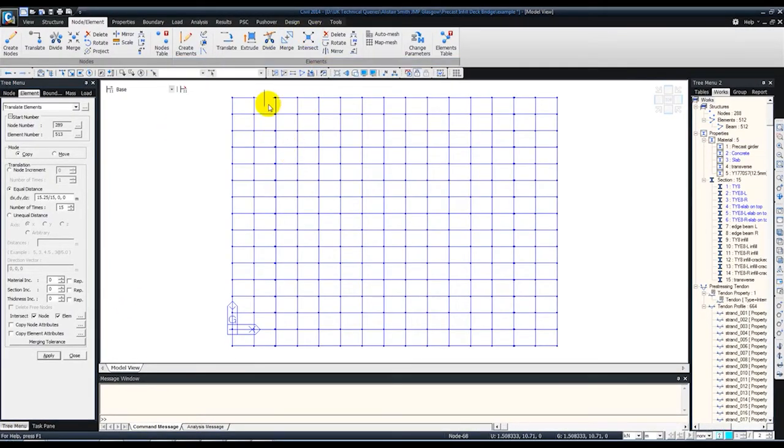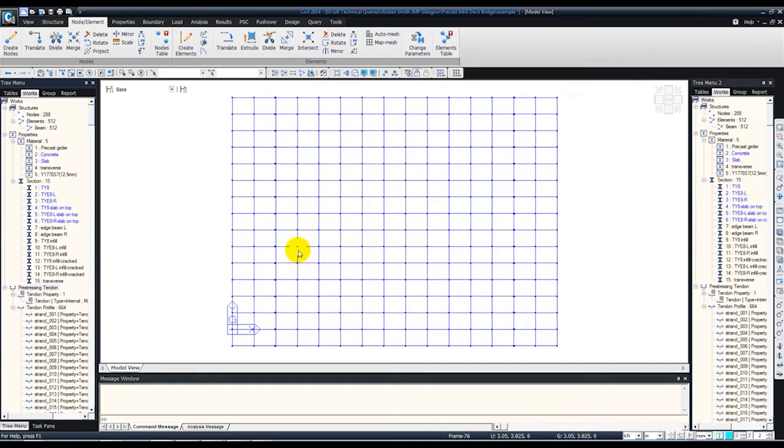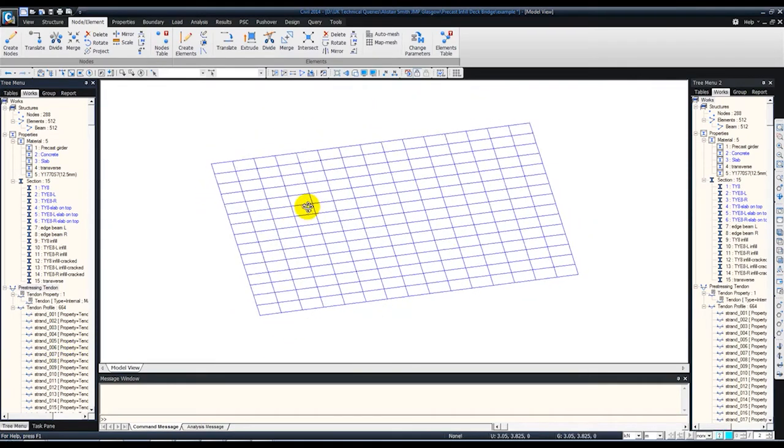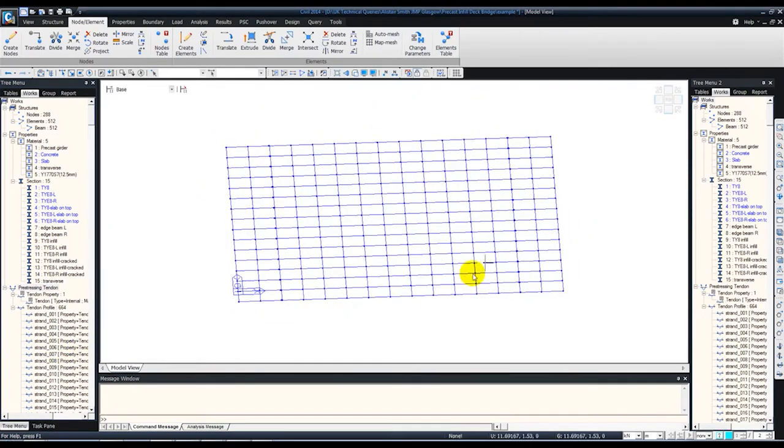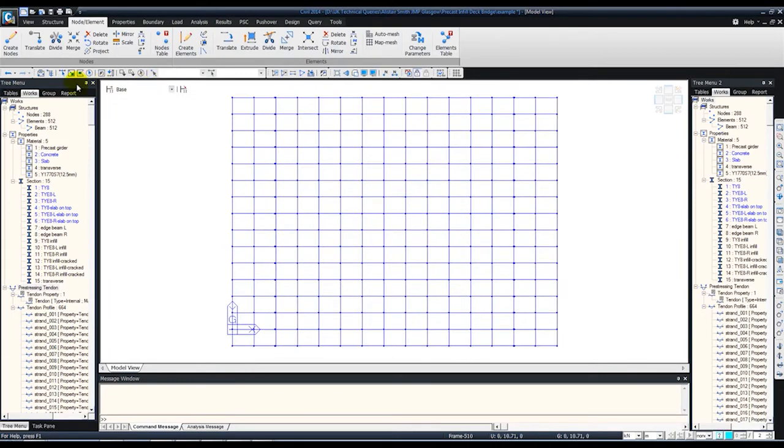So that's it, it's divided now. Close this. So the grillage model is complete. Now we will assign the abutments and piles. So to create the abutment, first of all I will create